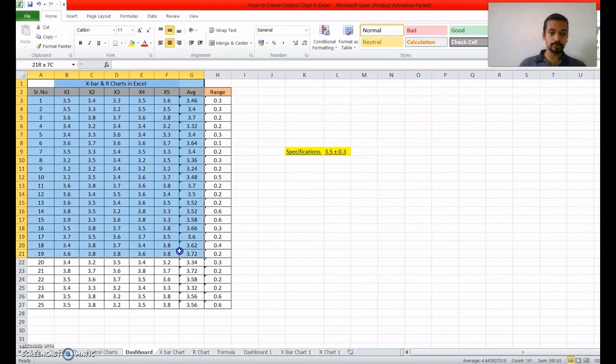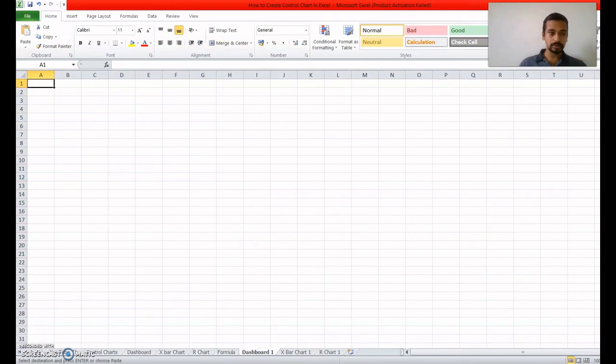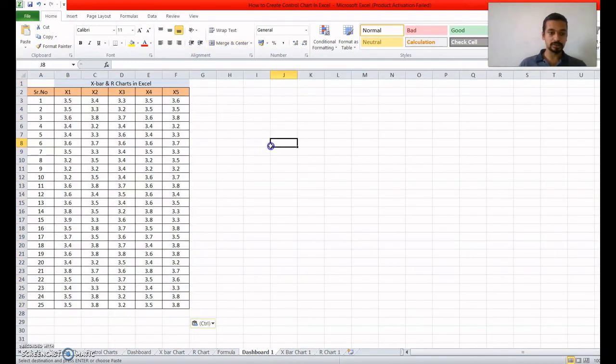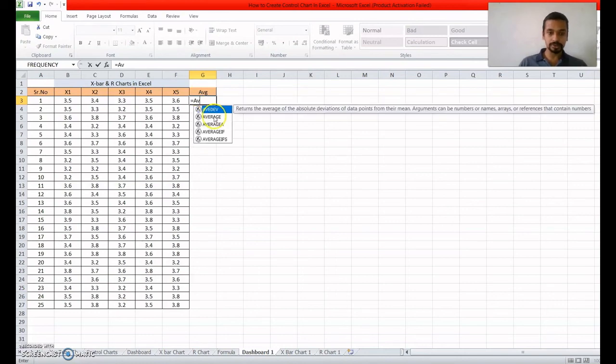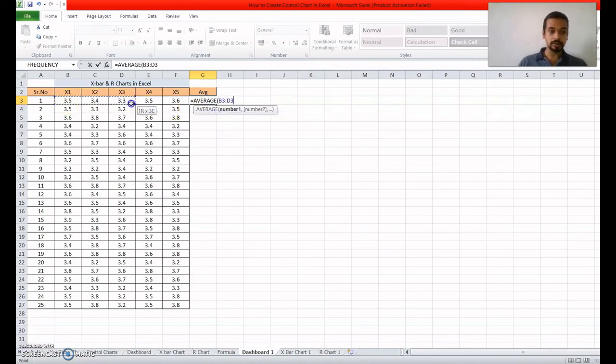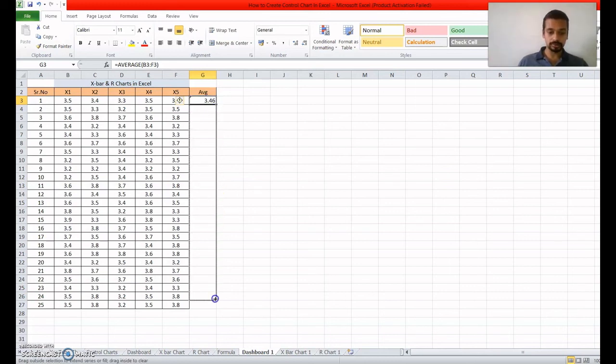We'll just copy this data and paste it in another sheet, so you can learn how to create these charts. Okay, we have pasted till 25. Now we need to calculate the average. You write equal to AVERAGE, select the second and select this full row. Here we have the average, and you can drag this cell down till 25. So you can get the average till day 25.